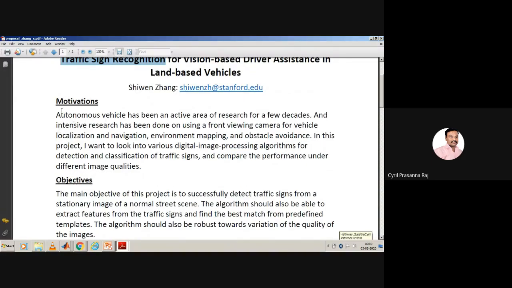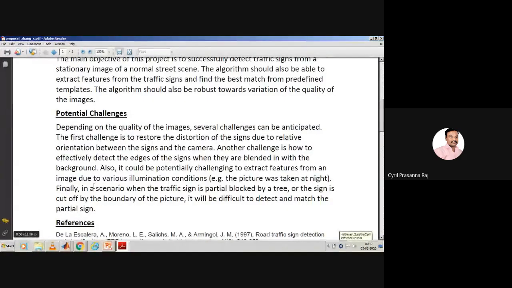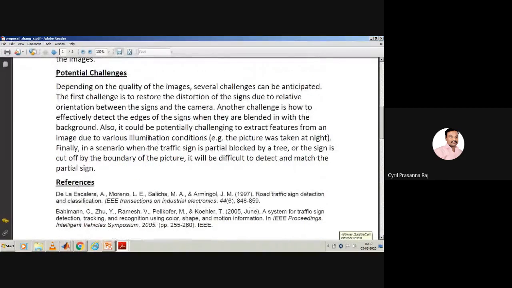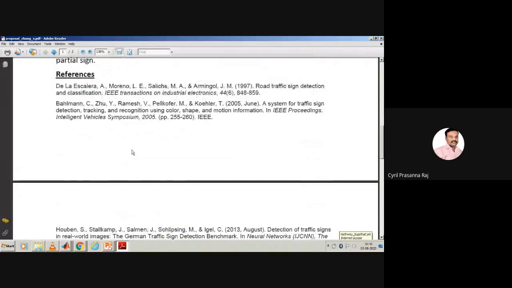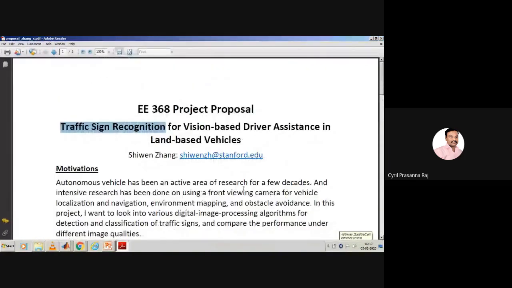They have defined the motivation, the objectives, and the challenges. If you go to that, you'll understand it much better. Then the entire set of references available is also given there. Yes. So the entire project I'll be able to explain to you, and make you understand how that works.